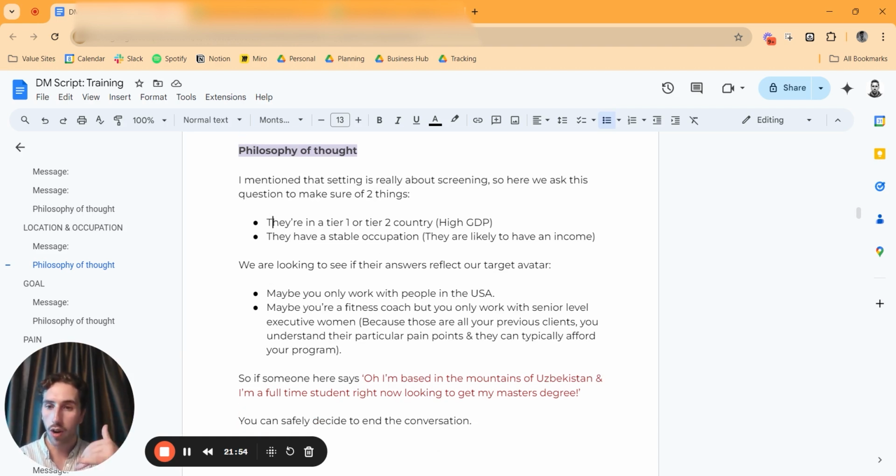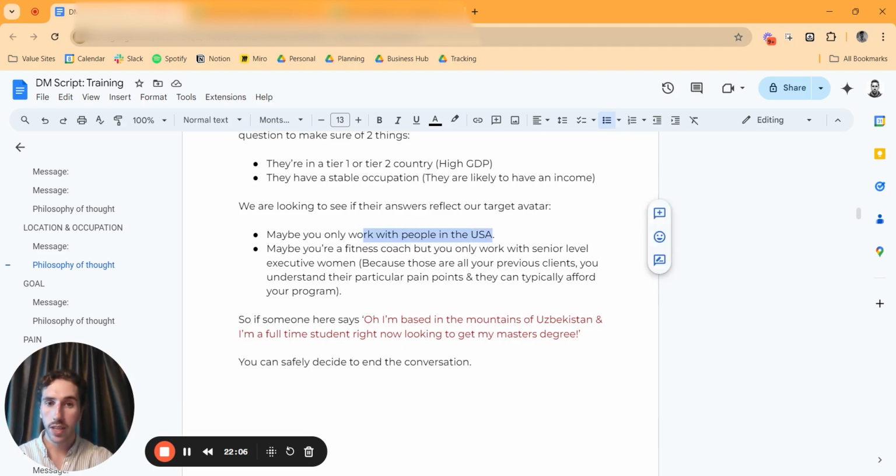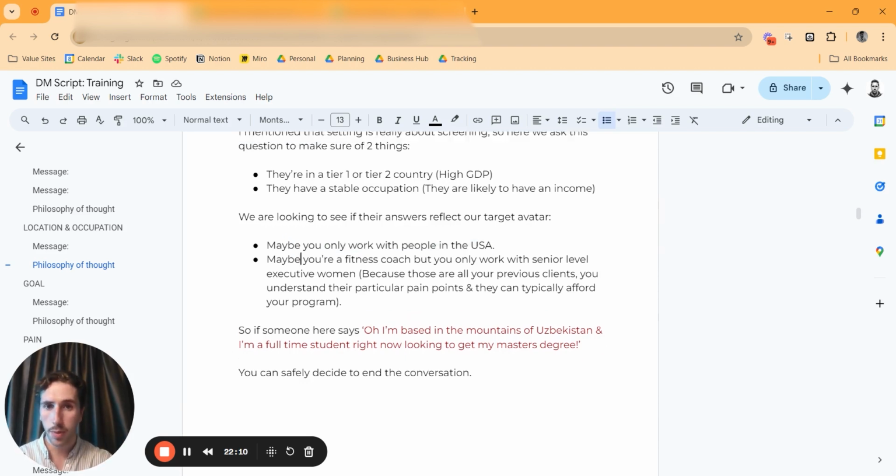And that's important for our setting process because, as I said, our average client is 40 years old, senior level professional. And we're looking to see if their answers reflect our target avatar. So if you only work with people in the US, you need to know this. And if you're a fitness coach that only works with senior level executive women, then obviously you need to know